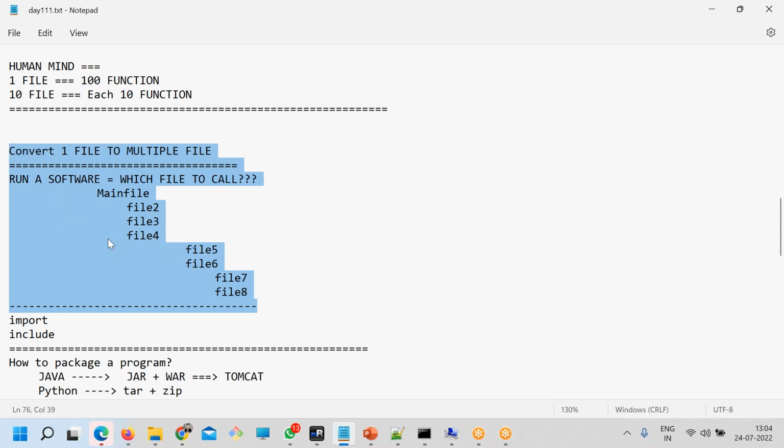So you have multiple files. You want to manage this large software. How do you manage? You can't keep it in one file, right? You have to put it in multiple files. So how do you manage those? That's where the class comes into the picture.